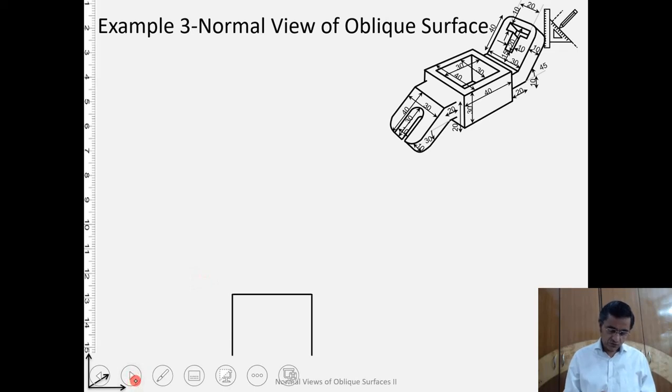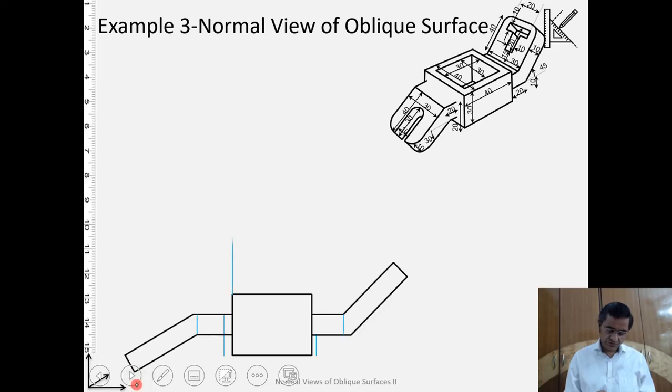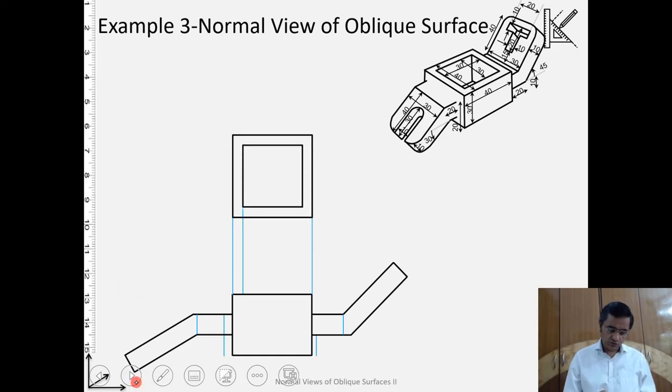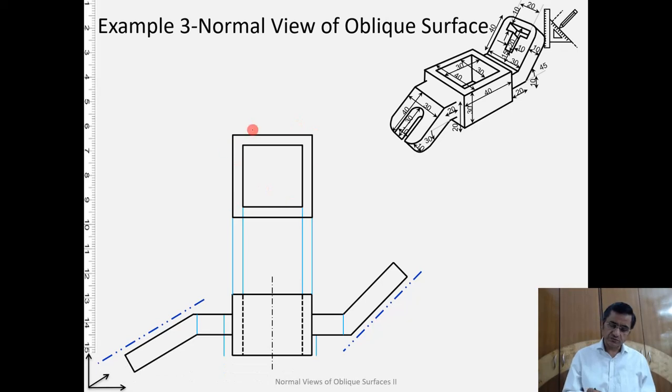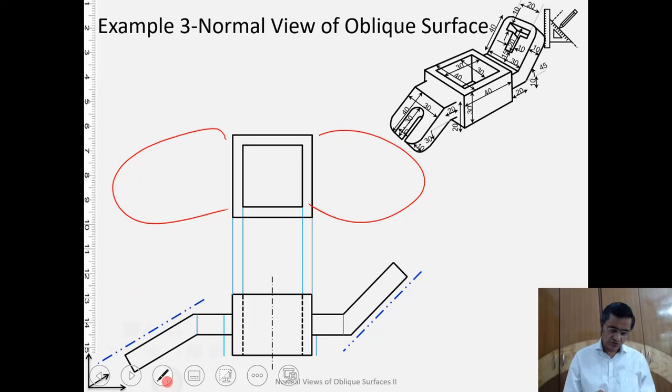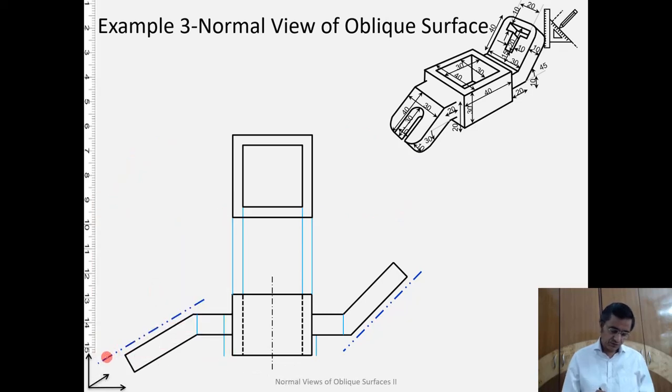So the easy part which can be done directly is the front view, and you can create the front view of this without much trouble. This can be done directly because the shapes and sizes are given to you. Then we can go to the top, and we have created the top view. Again the top view is quite straightforward here, so the top view for this part can be created. However, we cannot create the top view here and here because that will be the foreshortened one.